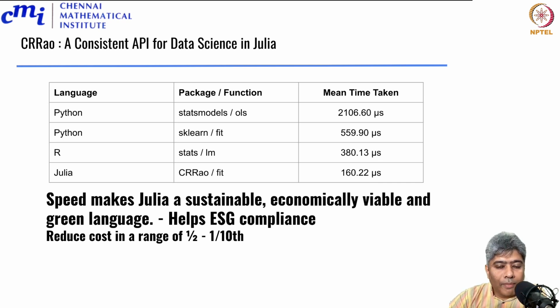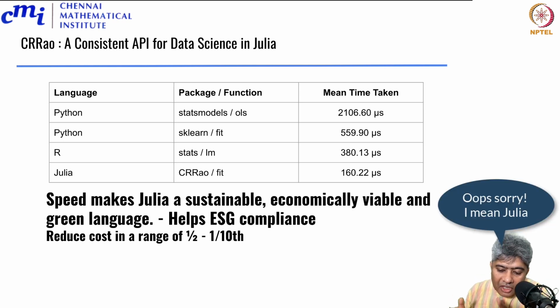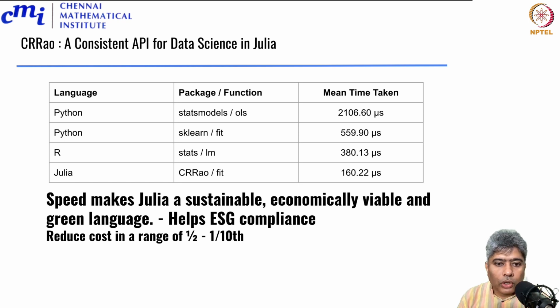So immediately you can see Julia makes it economically viable. You can save a lot of money. You can reduce your data science project cost significantly if you just move your project gradually from R to Julia. That will reduce your implementation cost significantly, at least by 30, 40, 50%. Now, once you reduce the implementation cost economically, that makes the profitability and return on investment of the data science team and data science project